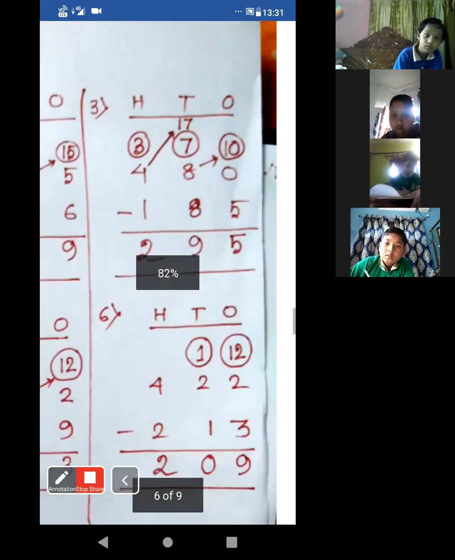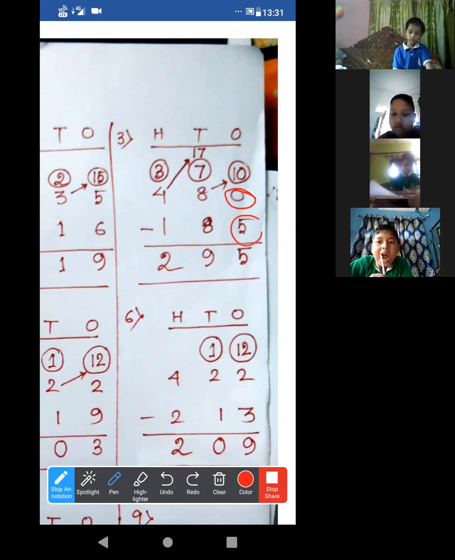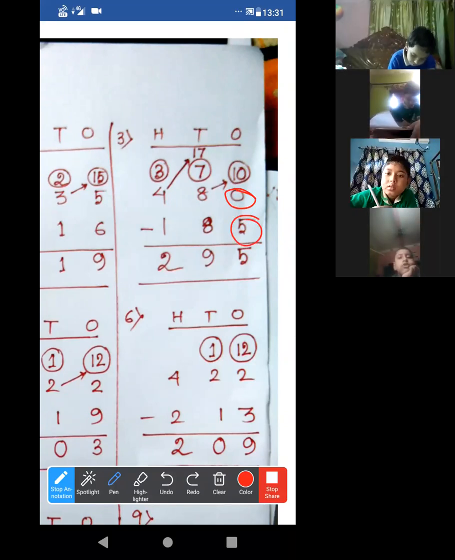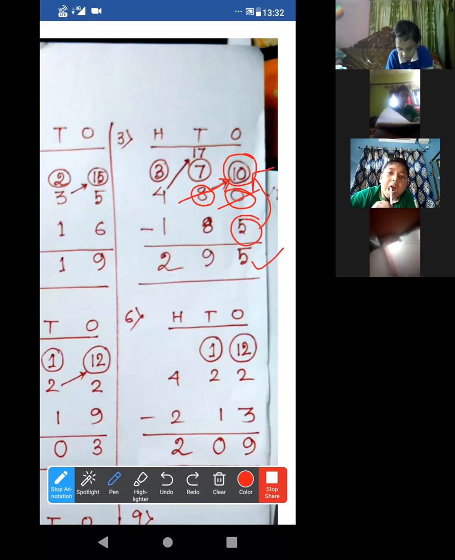I am zooming it. Okay, look. It is 0. 0 is less than this 5, so definitely we should make it large. Look, we have made it 10. How have we made it 10? We have borrowed 1 ten from this 8, so this 8 will also become 7. Now at first do this one. After 5, start to count 6, 7, 8, 9, 10. So basically there are 5 places. So 5 is there. Now this 8 has already become 7, so this one is very important.